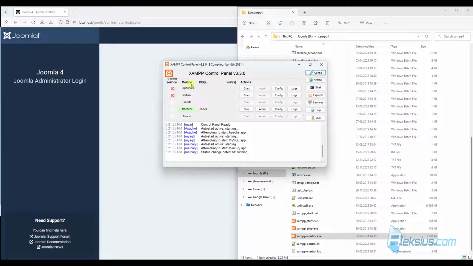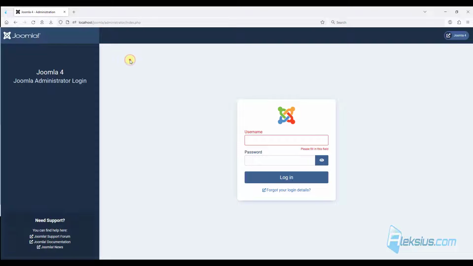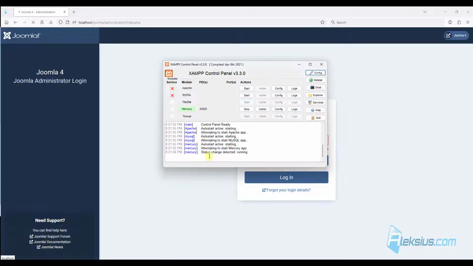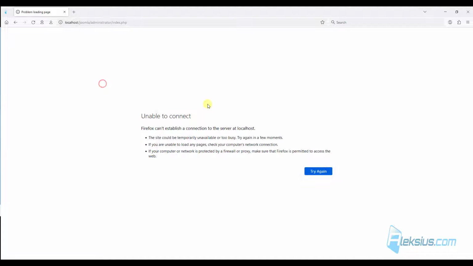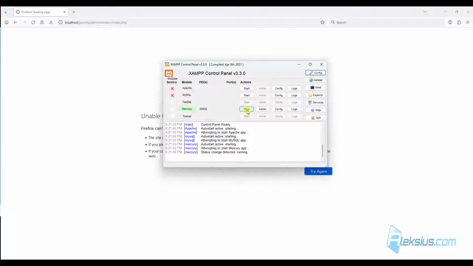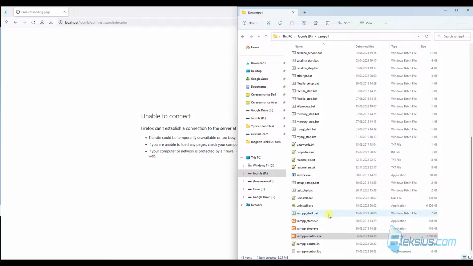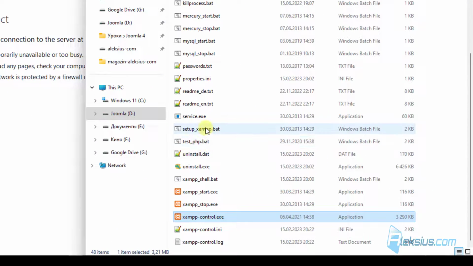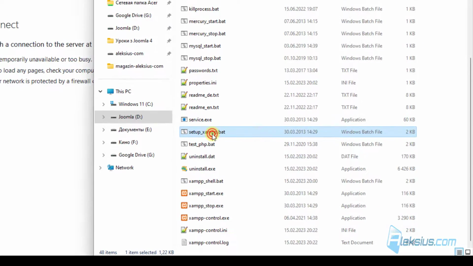As you can see, our modules won't start. Also, if we refresh our browser page, we won't see any site. It doesn't work because our server doesn't work. Also, we can see an error. Let's stop our module, quit again, and now if you rename the folder or move the folder to another drive, just start setup XAMPP,